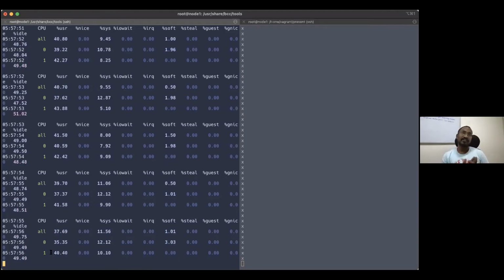Why I'm telling this is, if you have a single-threaded program, there is a lot of possibility that the program will block just one CPU and try to suck as much as it needs, instead of being a multi-threaded application. In that case, you need to narrow down the issue: one CPU is the bottleneck, and it is not utilizing the whole system properly. So the mpstat command will help to get the high-level picture of how my CPU distribution is happening.